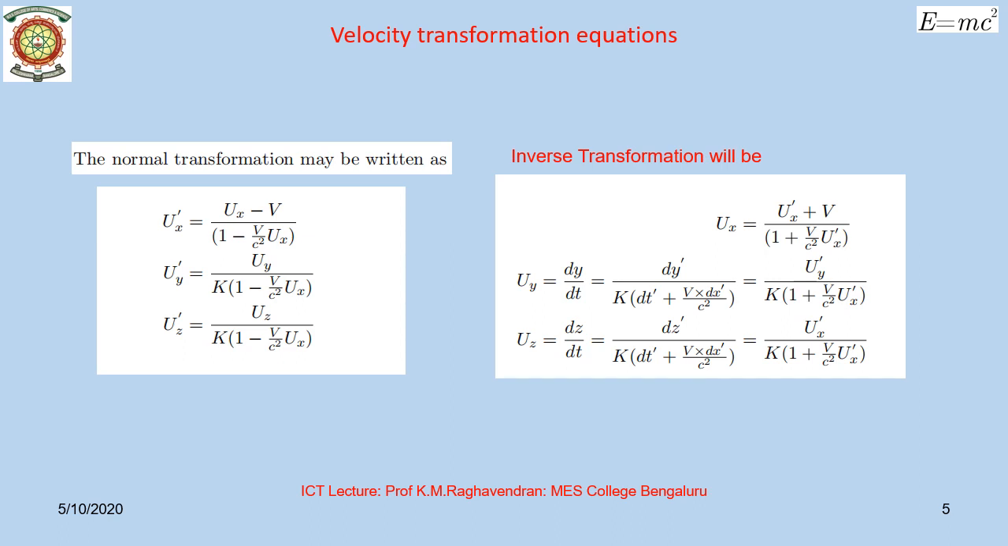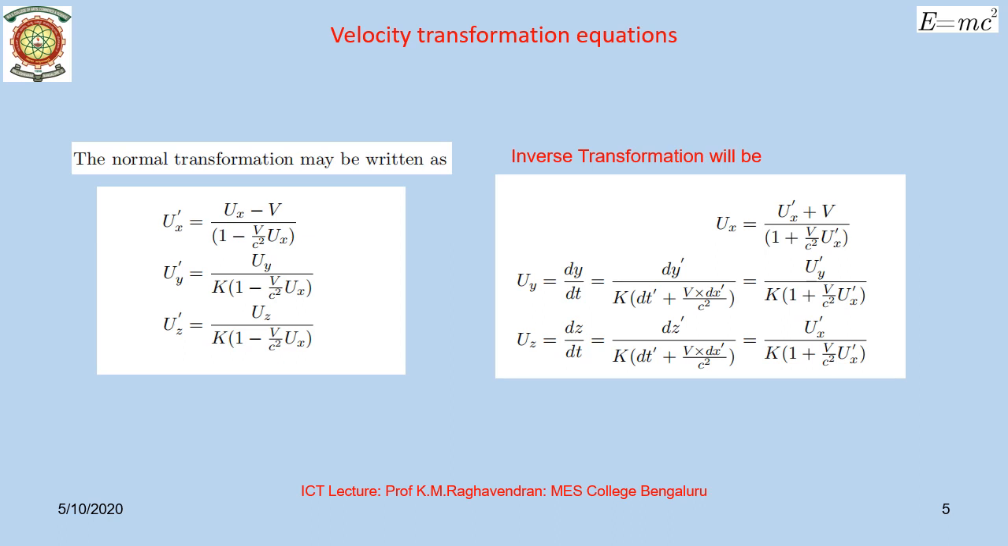Note that the normal transformations are the transformations which enable us to transform the velocity from the S frame to the S dash frame. Now, in order to work out the inverse transformation for velocities, all we need to do is change the sign of the velocity v, and therefore we obtain ux is equal to ux dash plus v divided by 1 plus v by c squared ux dash, and uy is equal to uy dash divided by k